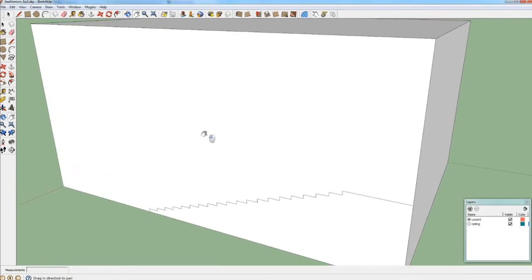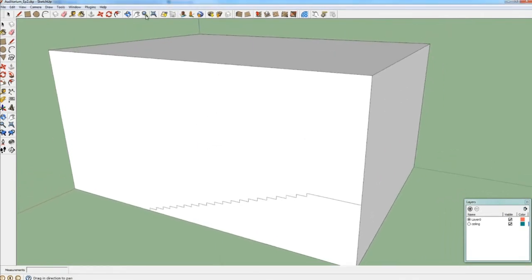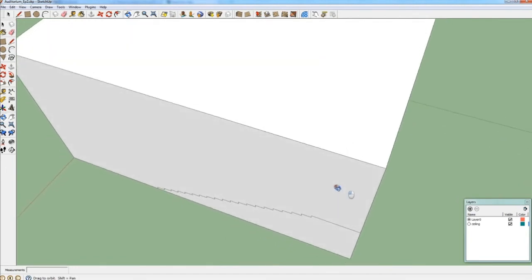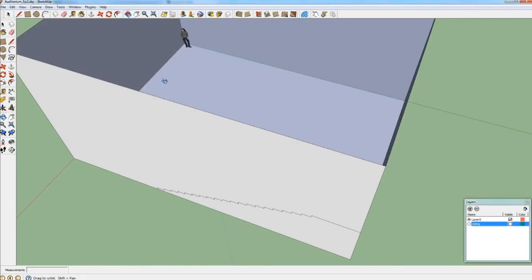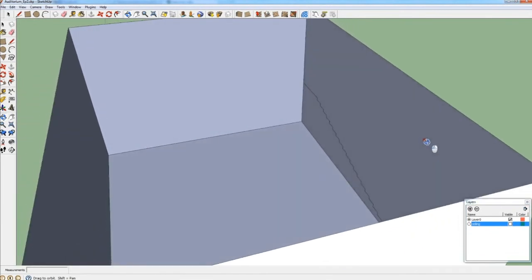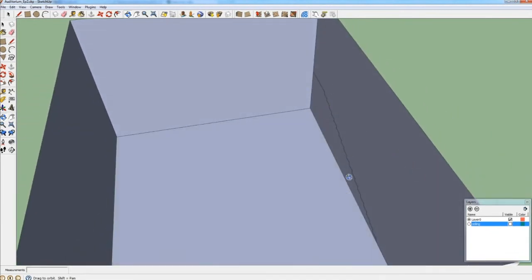And it's time to make use of the layers that I have set. So since I need to have access to the interior, I make the ceiling invisible. And I need to copy the stairs that I made to the other side of the auditorium, so I will make use of the move tool with the control key again. Just to say that the move tool can also be accessed by typing M at the keyboard.